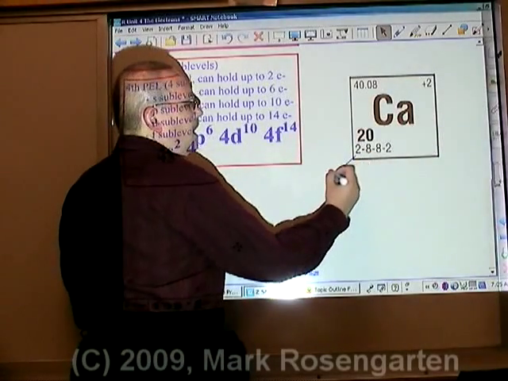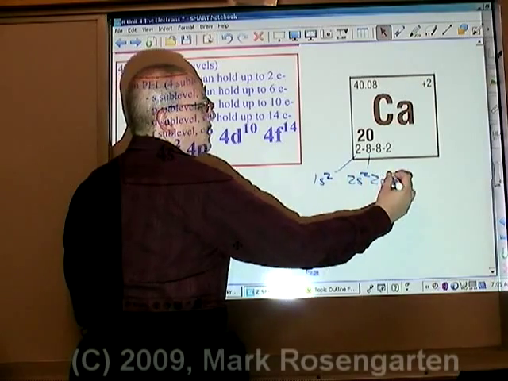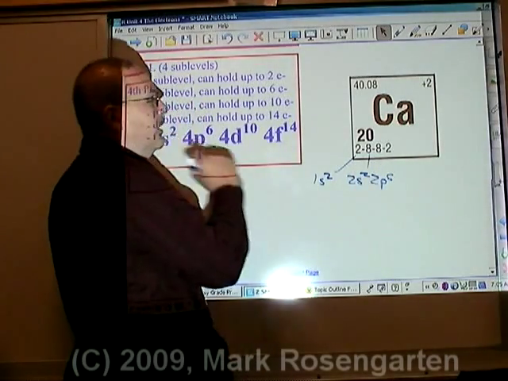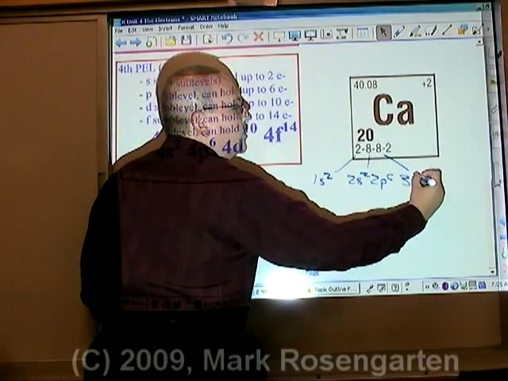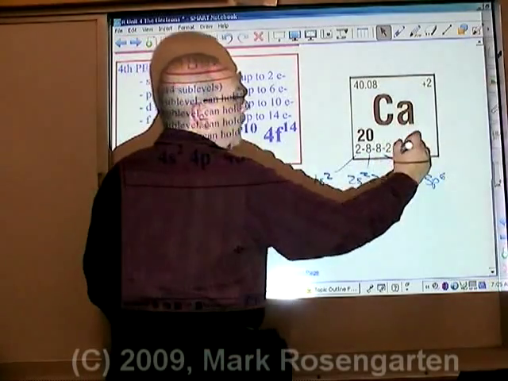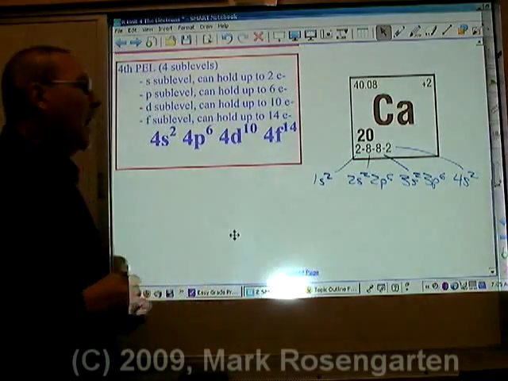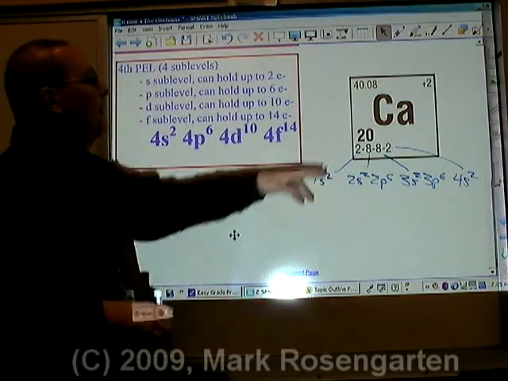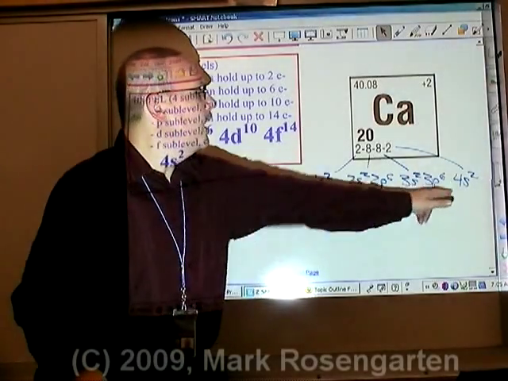So this would be 1s2, 2s2, 2p6, that takes care of the 8 electrons. This also has 8 electrons, so we're going to mirror that. 3s2, 3p6, and that takes care of those 8. These 2 electrons go in the fourth energy level, 4s2. And that's how you expand a basic energy level configuration to take into account the sublevels that an energy level